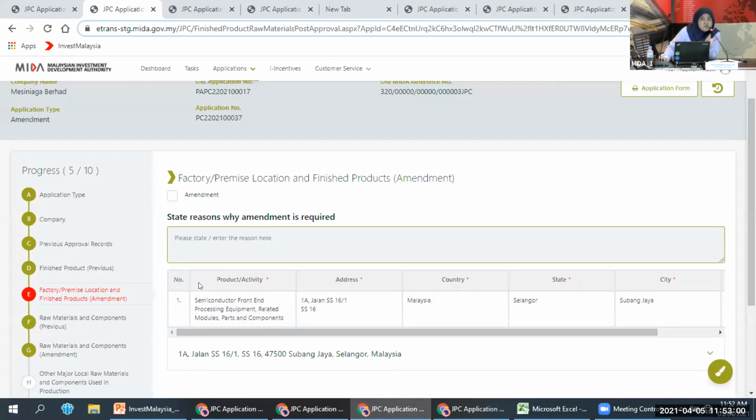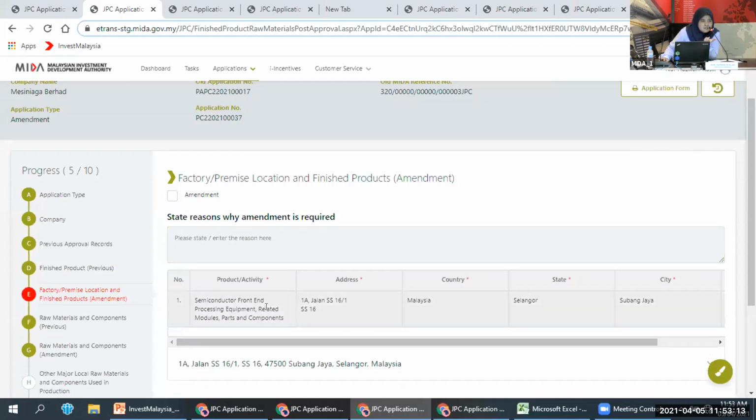Only if you want to amend the location or the finished product, then you click on this amendment checkbox here. Now you can see all the columns or fields are non-editable. They will only be editable once you select the amendment here.